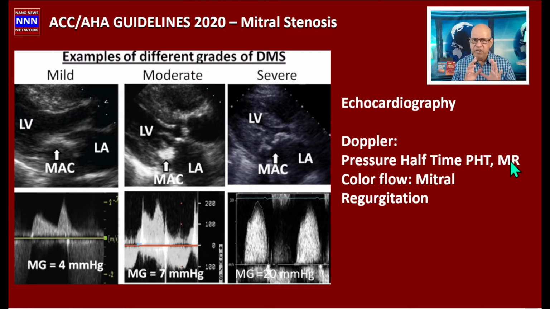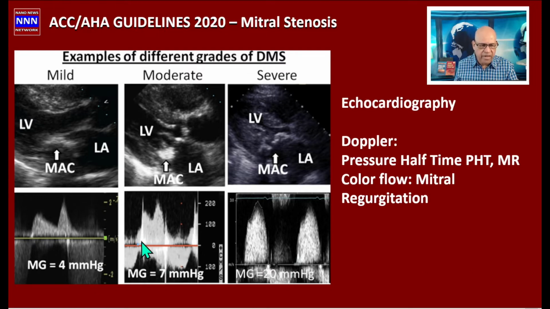This is an important factor because if we are dealing with pure mitral stenosis, that's one thing. But if you are dealing with mitral stenosis with moderate to severe mitral regurgitation, then the plan of action is going to be totally different than if you are dealing with pure mitral stenosis. That's why the color flow and of course continuous wave Dopplers will help us to identify any degree of mitral